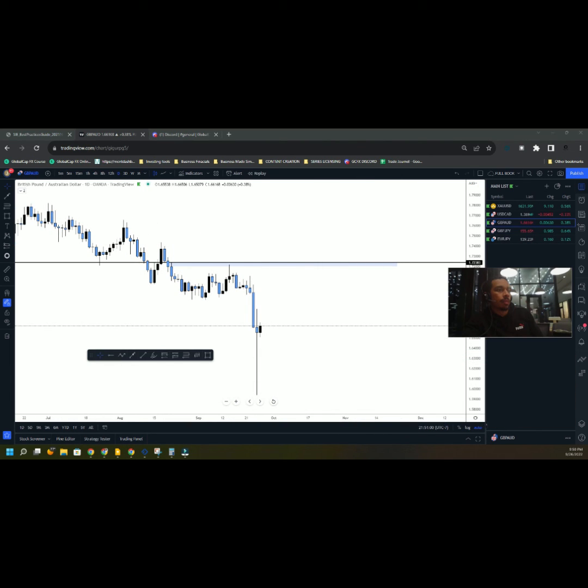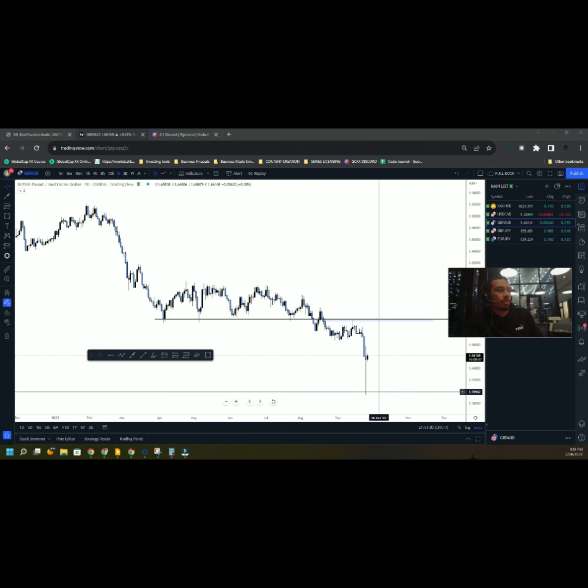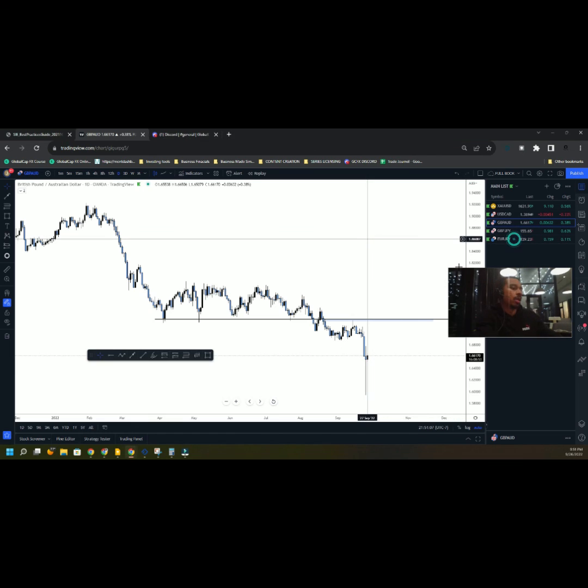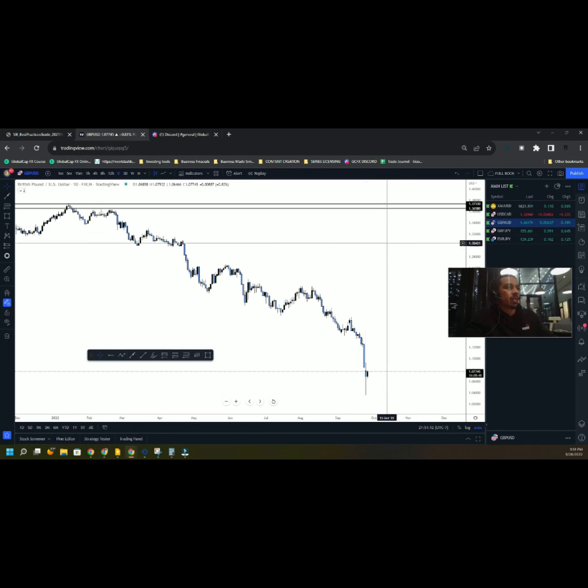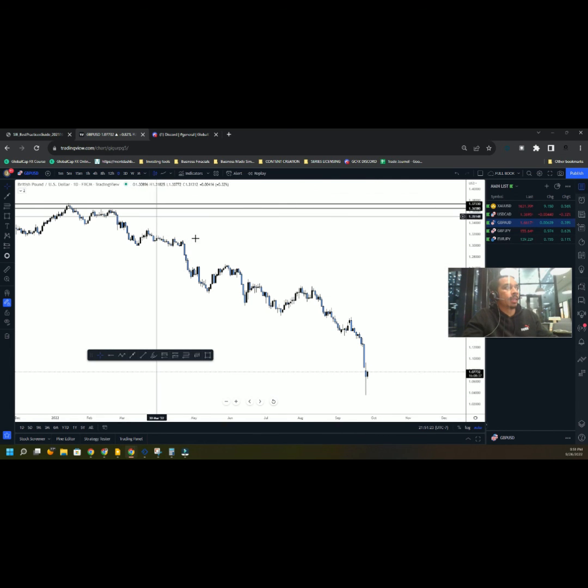the British pound has almost got into parity with the US dollar. Okay, so as you can see here, one British pound is almost exactly one US dollar. The last time that has happened is 1985. So, guys, what I highly suggest, just be patient, stick to your disciplines, and most importantly, have proper risk management